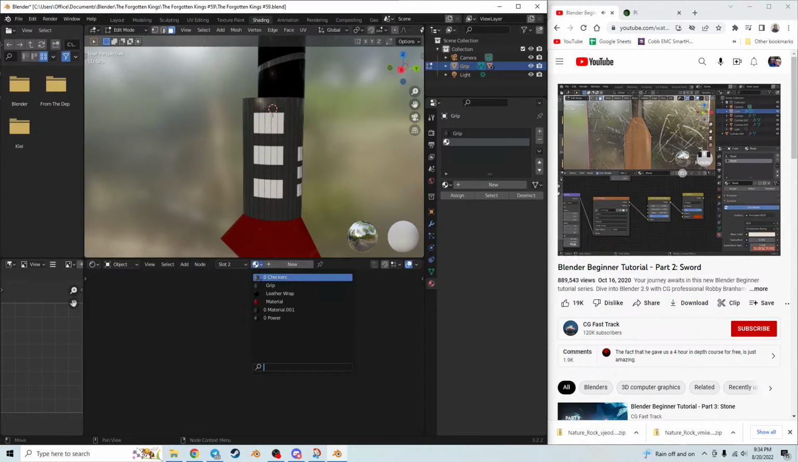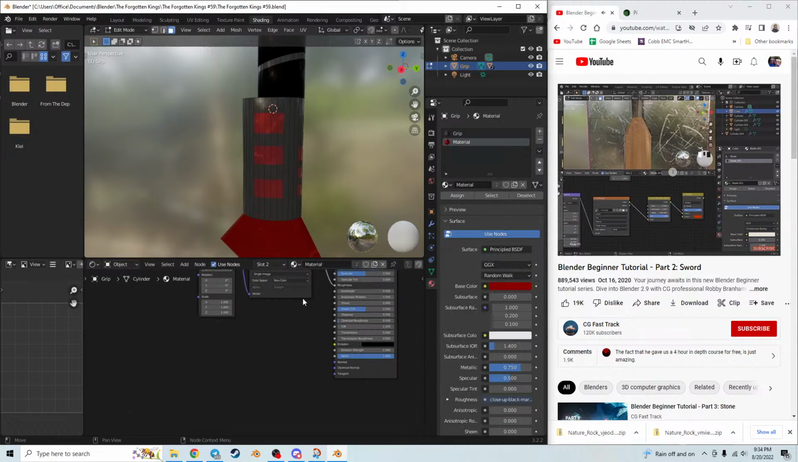But now what we can do is duplicate this material. I'm going to hit the duplicate button while I'm on this slot right here, duplicate, and then you notice we got a name change right there. I'm going to go ahead and rename it to underscore glow. And now what I can do is simply connect this